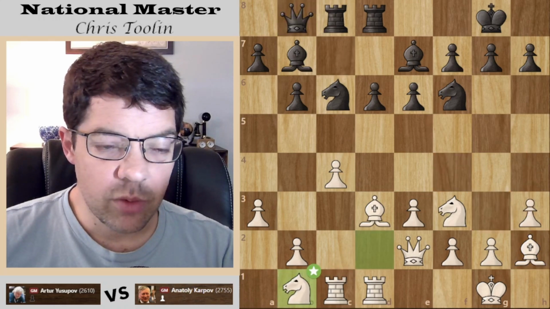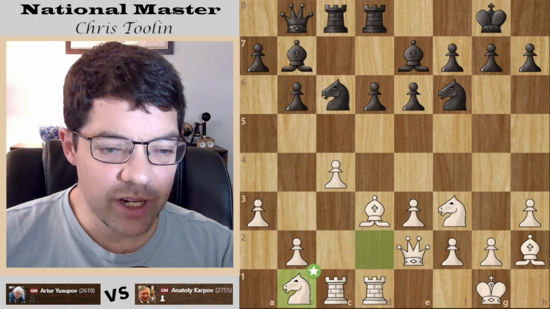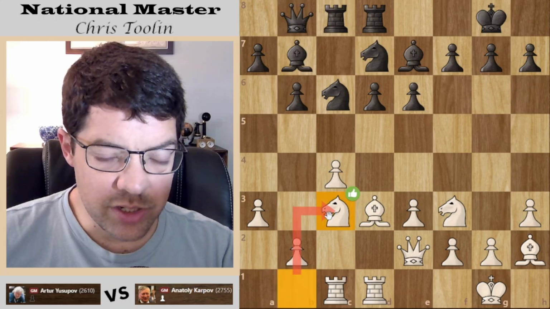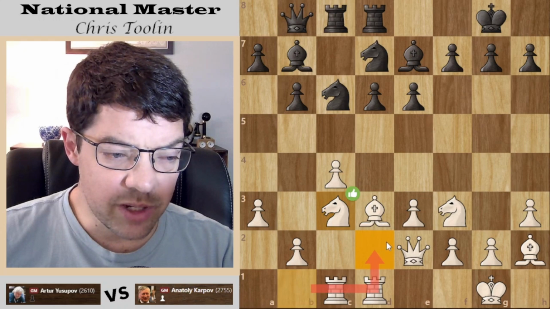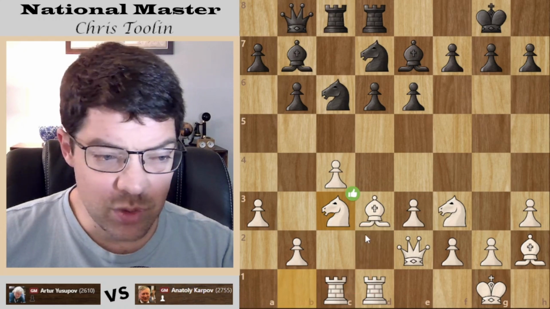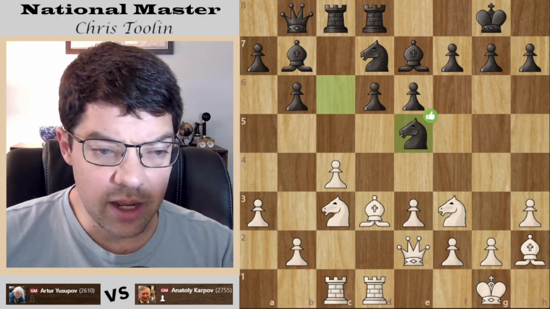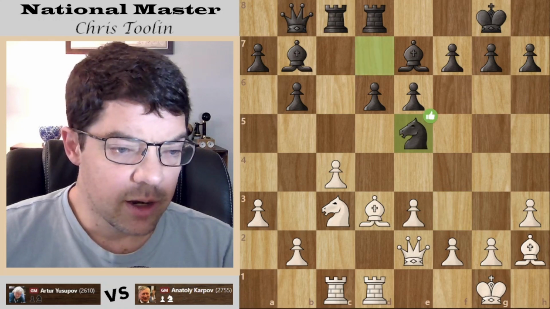Knight b1. Wow, reminiscent of the old Steinitz game. Knight rerouting itself to a better square. That's where the knight really enjoys in the queen-pawn openings anyway. So when the knight was on d2, it really wasn't on its optimal square. This little rerouting is interesting and nice to see the backwards moves, the creativity.